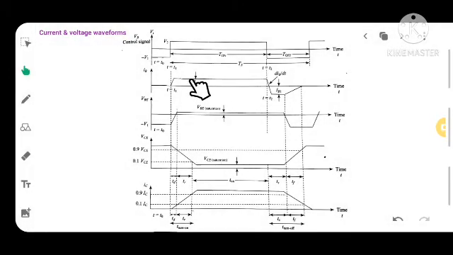Now at time t equal to t1, the voltage starts to increase from minus V1, though here you can see the voltage has increased sharply, instantaneously.